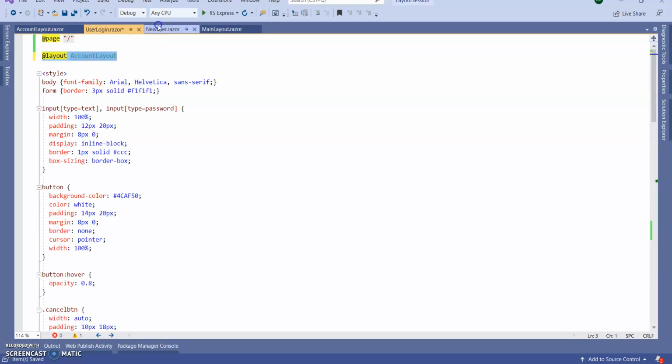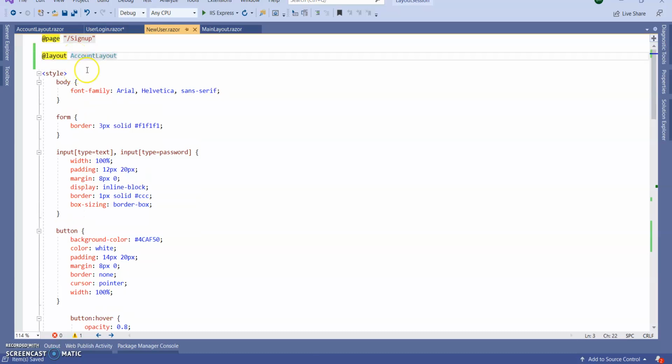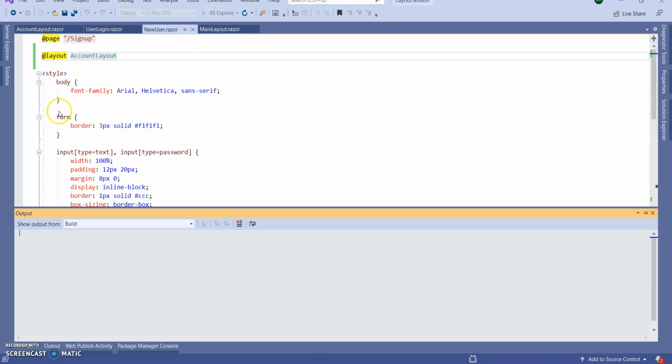Now copy and paste the same thing into the sign up page. This is my sign up page. Save this. Now run the application and we will see it without menu. Our login and sign up pages should come without menu, right?